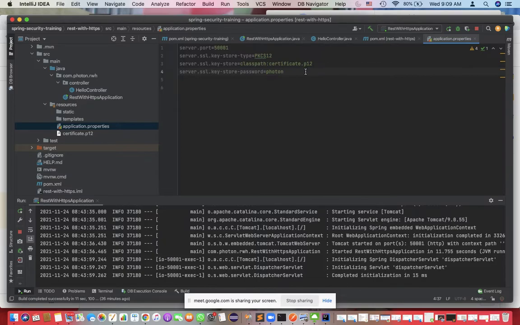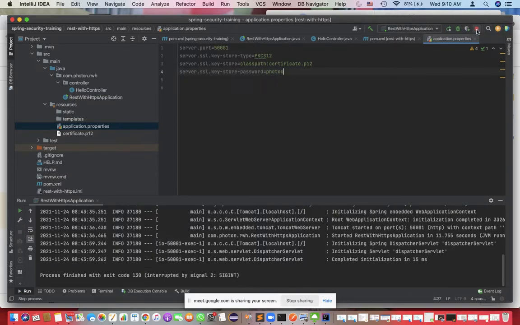If I give these three lines of code, then my server.ssl.keystore, Spring Boot supports it out of the box, it is instructing me that I should host my server as HTTPS and use this certificate for the communication. Okay, after that we will run it again and see what is happening. First you all do this much, then we will run this and see what is happening.